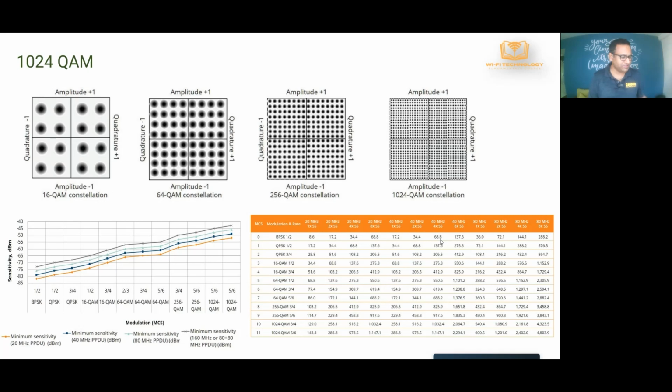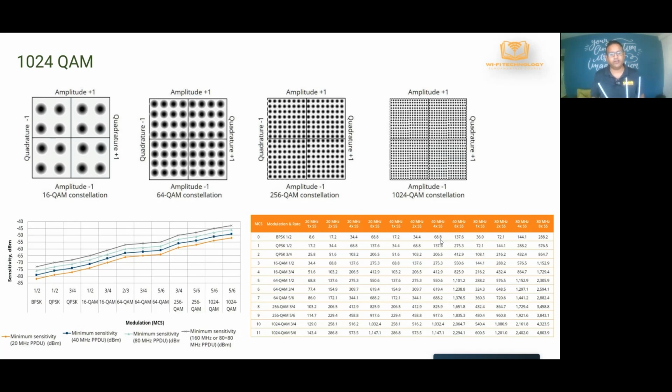So what that means is, if you have an 11AC or AX access point and you're transmitting 1024 QAM, maybe within like 2, 3, or 5 meters, and if you have line of sight, then you should be able to successfully communicate. Then the signal-to-noise ratio is high, and there is no co-channel interference. Then you should be able to make full use of the higher-order modulation rate and get the full